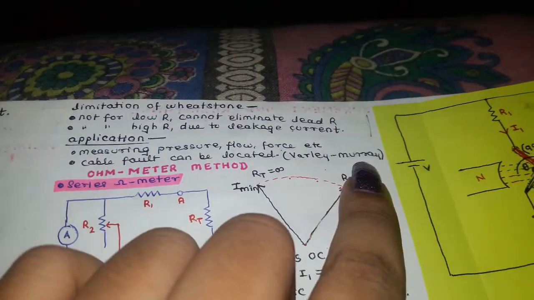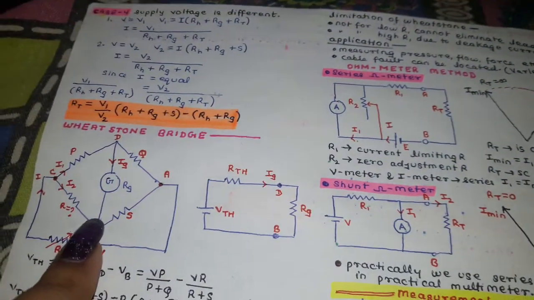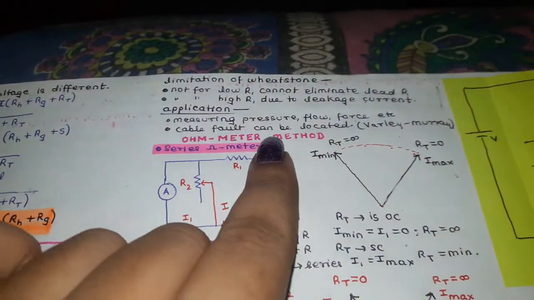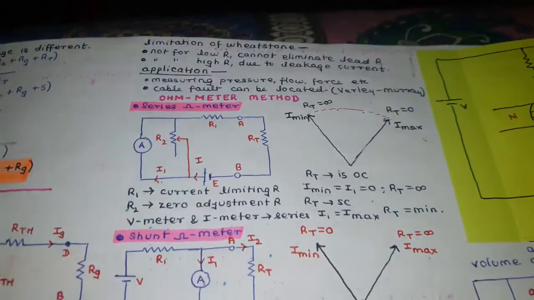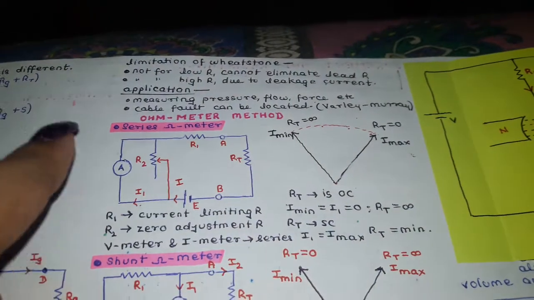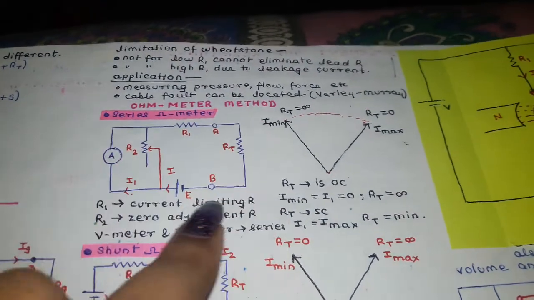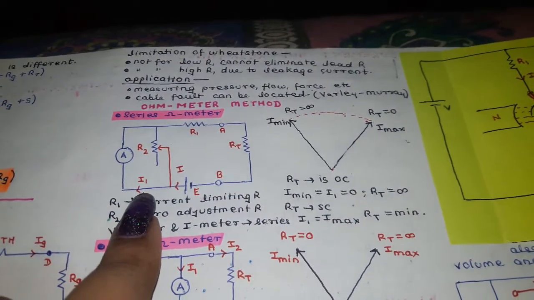Okay, we have the method which uses the fundamentals of the Wheatstone bridge for locating a fault in a cable. Then we have the ohmmeter method. What we are doing here is we are having this particular circuit over here, and what we are doing is